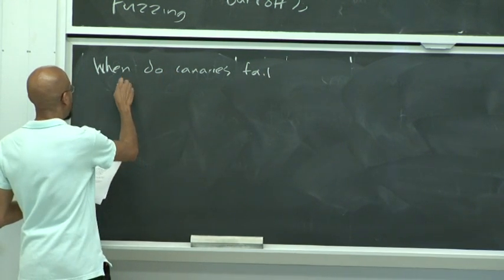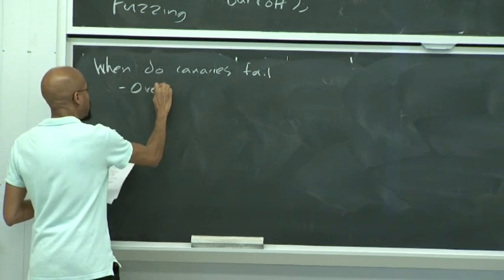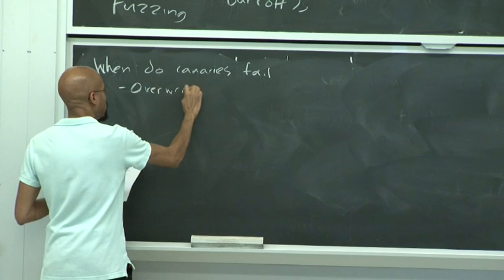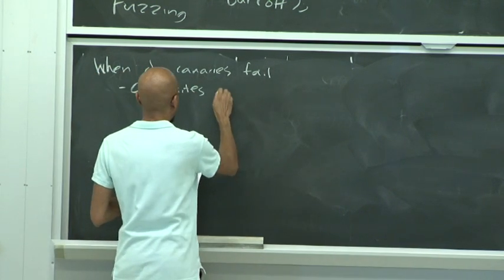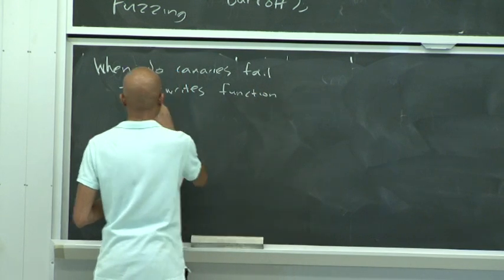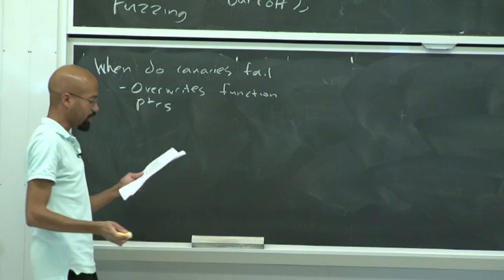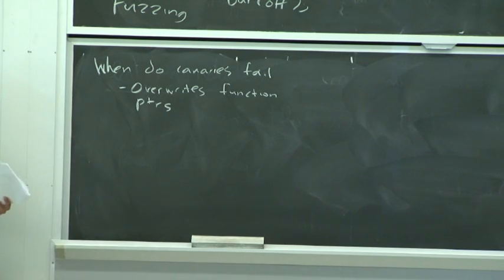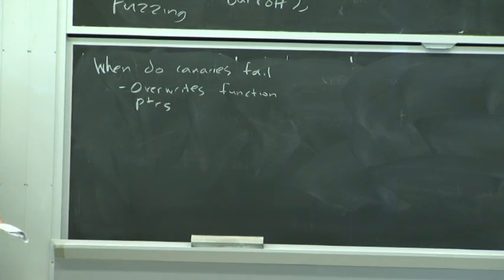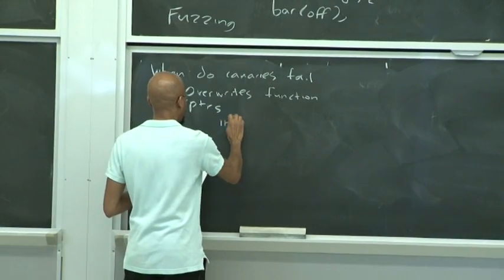Right, so one way that they can fail is if the attacker overwrites things like function pointers. Right? Because if function pointers get hit, there's nothing that the canary can do to prevent that type of exploit from taking place. So for example, let's say you have code that